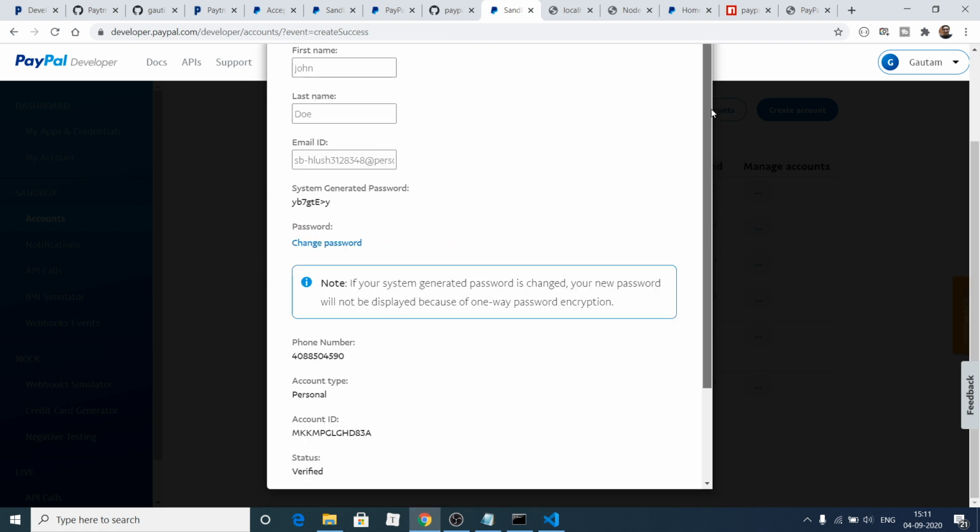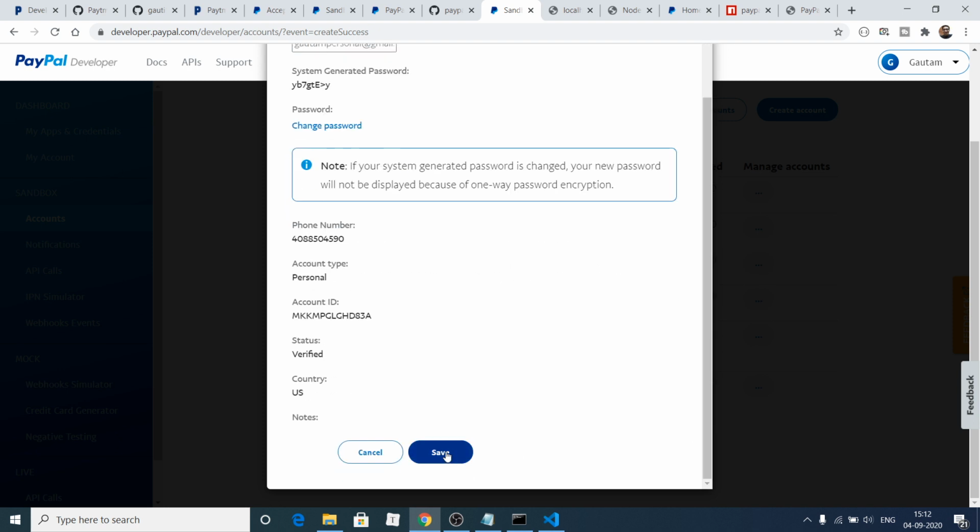So let me just change this name, you can even change the email address. So let me just change this to Gautam Payment at personal@gmail.com. So this is a personal account. So this is a system generated password. You can even change the password, but I will not. So simply I can click on the save option.